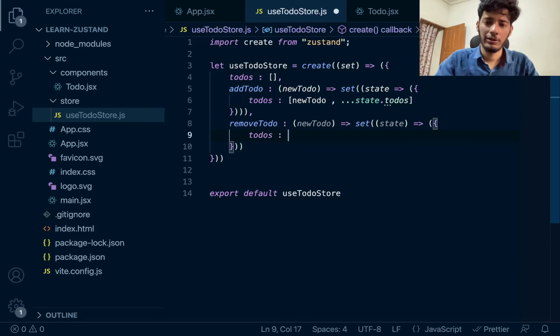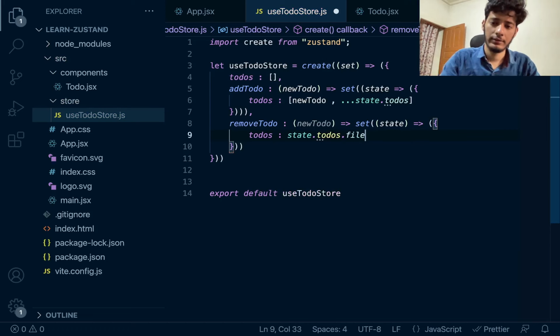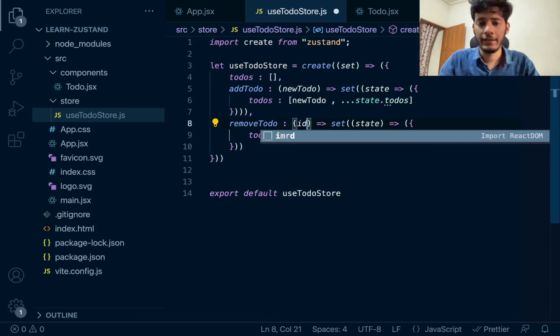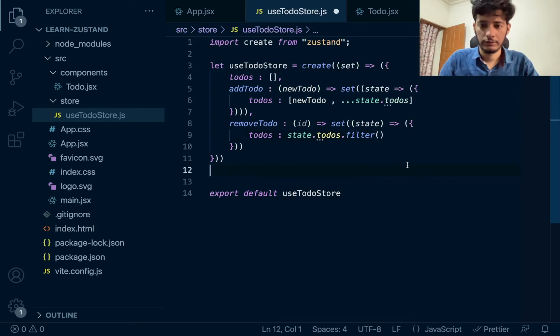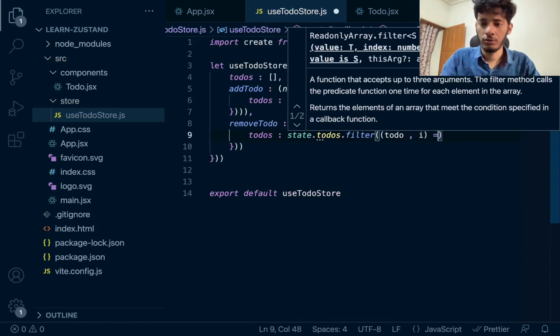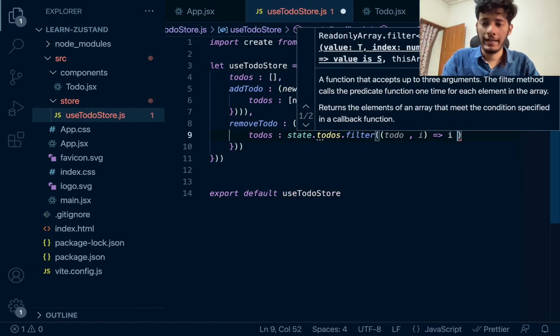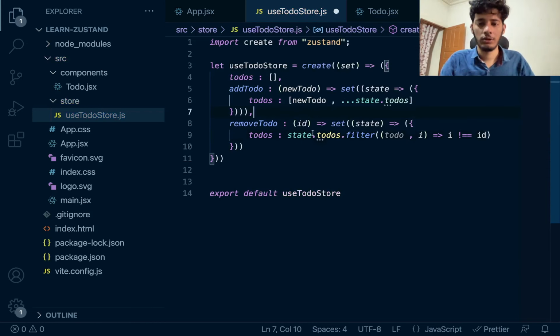We'll set todos to state.todos.filter. We'll need not the new todo, but the ID of the todo which we want to remove. In filter, we'll get two things: the todo and the index of that todo. We'll say if the i is not equal to id, so all the other ones other than the one having this particular ID, that will basically remove the todo. So I think this is the state.